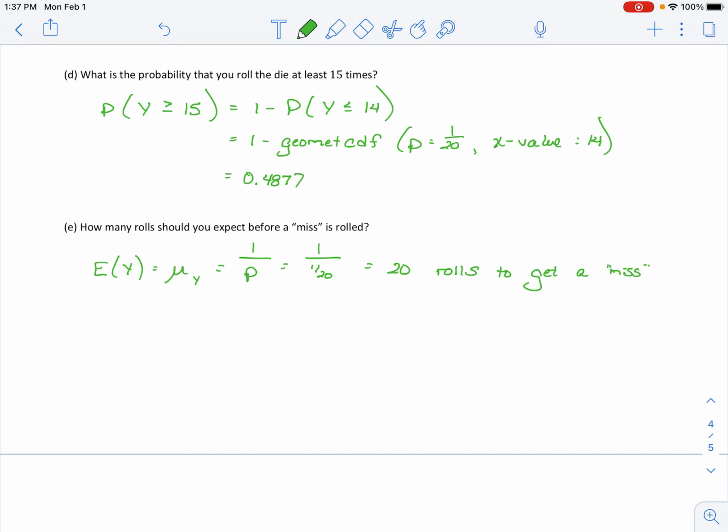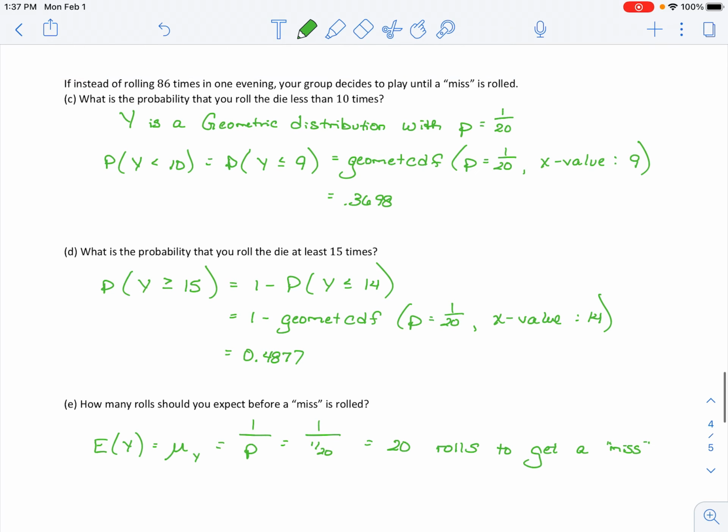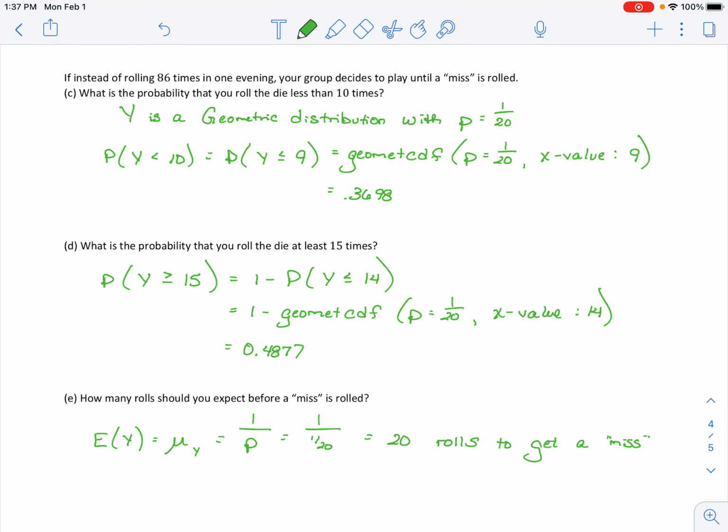to get a miss. Now, I guess technically it says how many rolls before a miss is rolled. We expect the 20th roll to be the miss, or 19 before the miss is rolled. That's just a weird technicality. Don't worry too much about that. You should know the formula of each for a geometric and a binomial, and when each distribution should be